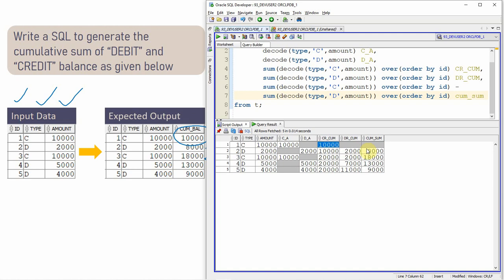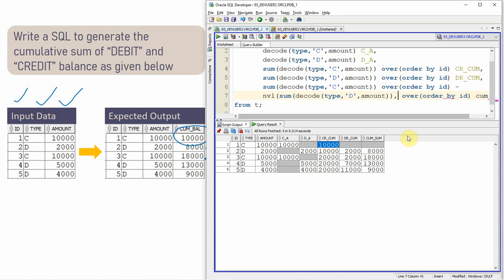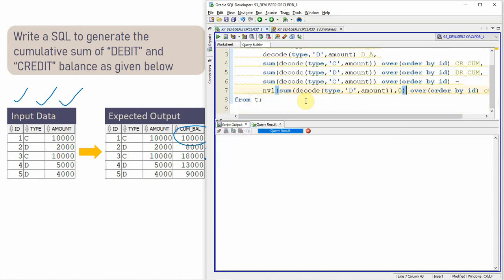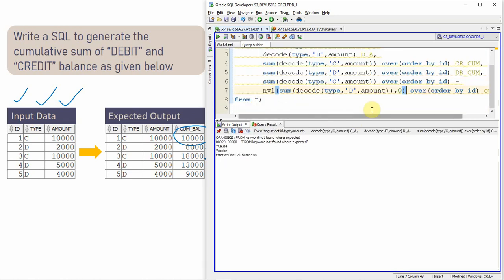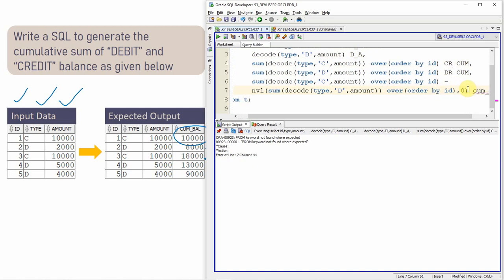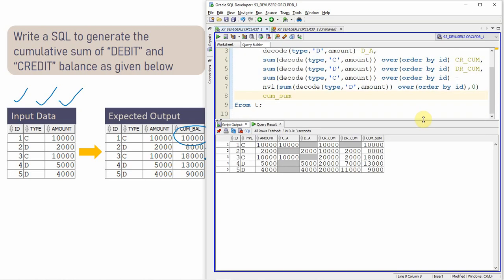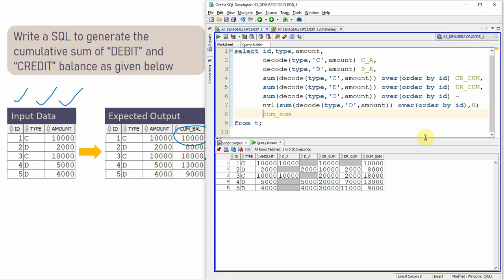In case you want to print the 10,000 as it is, let us put an NVL here. So NVL of comma 0. Same way, let us put it here. Now you can see that we actually computed a cumulative sum of debit and a cumulative sum of credit and we subtracted both.